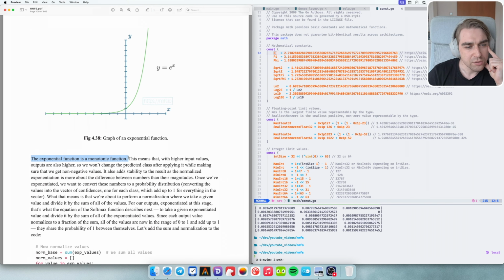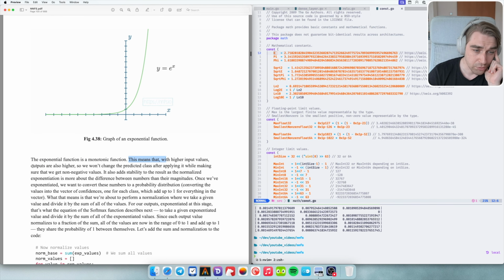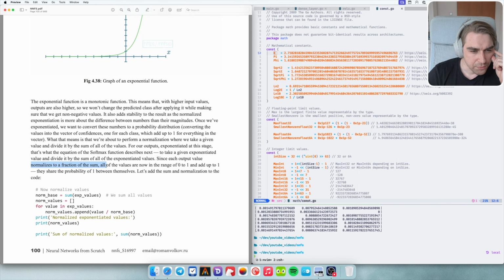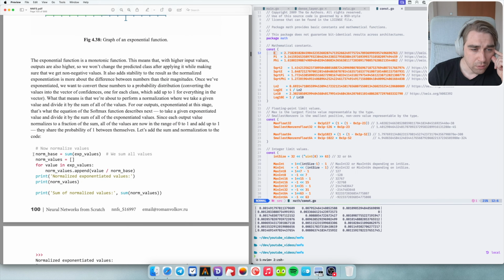And the exponential function is a monotonic function. This means that with the higher input values, outputs are also higher. Yeah, the higher the x value, the higher the output. Since each output value normalizes to the fraction of the sum, all of the values are now in the range of 0 to 1. So the idea is that we calculate the exponential values for everything, then we take a